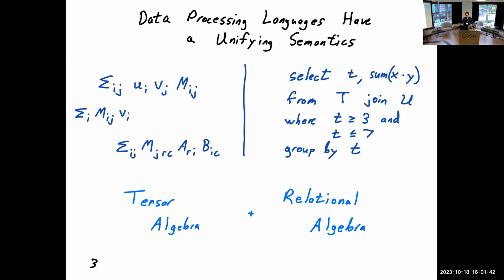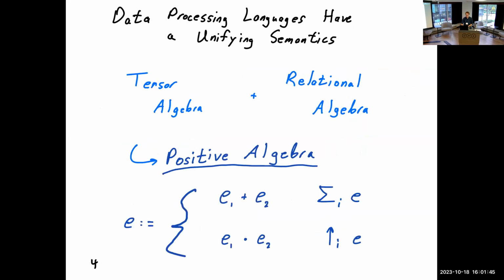On the right is a simplified SQL query, and we can handle problems like that by virtue of using this idea of positive algebra. This was some prior work from 2007, which gave a relational perspective on a lot of different problems by rendering them all as sum of products problems. This notation has only a very small number of operators. It has element-wise addition, element-wise or Hadamard product, broadcasting, which is this arrow operator, and summation or contraction, which sums along an index. So this is our input language.